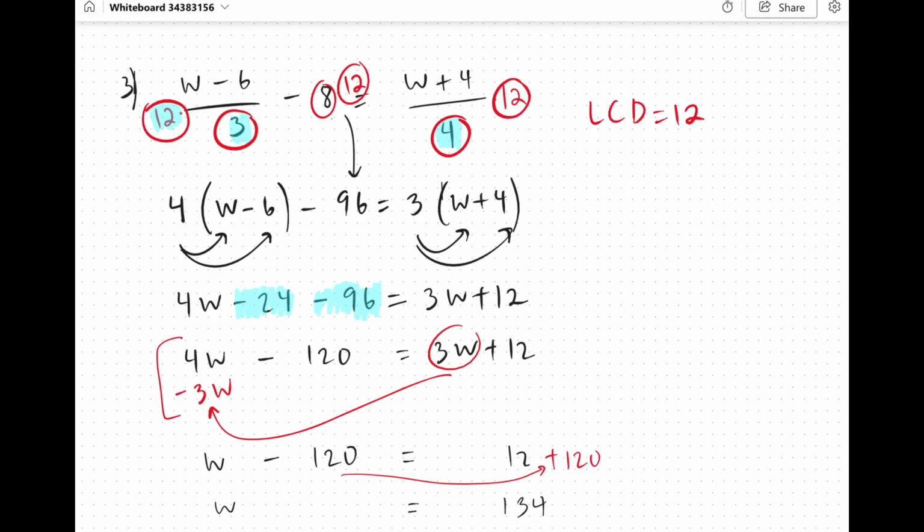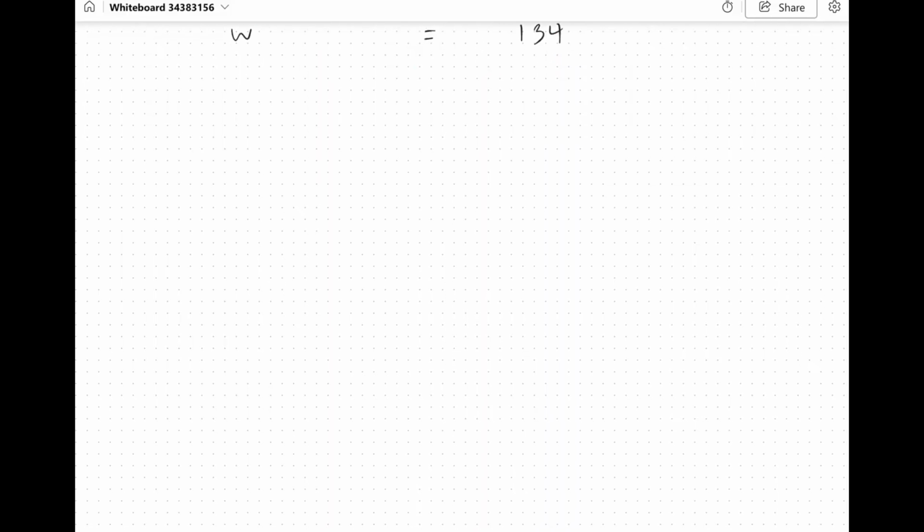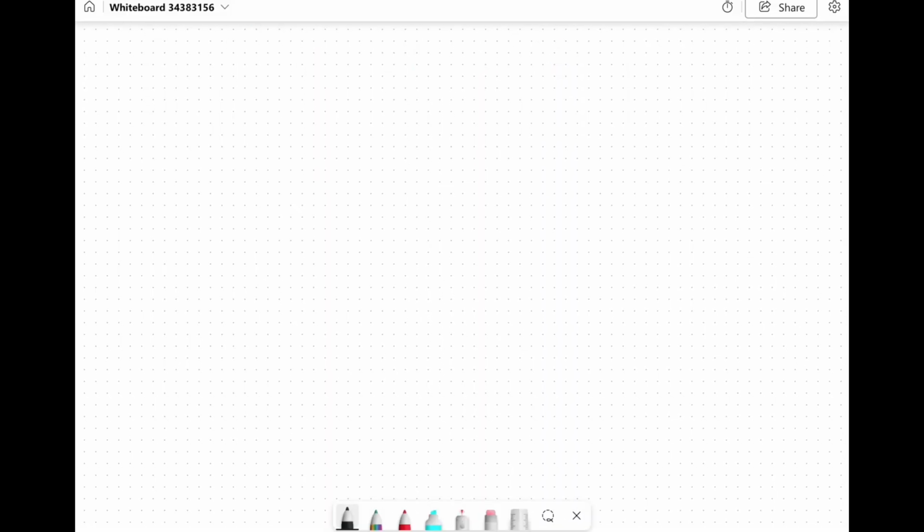And last final question when it comes to equations with fractions. So your number 4, you will have F equals 9 over 5C plus 32. This is actually a formula that converts degrees Celsius into degrees Fahrenheit. So one of the letters, either Fahrenheit or Celsius, will be given to you in this problem. I'm going to give you the Fahrenheit, which is 22. And the question will ask you to find the Celsius